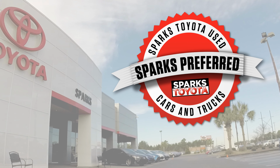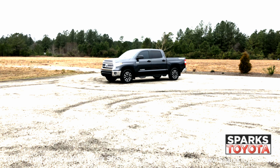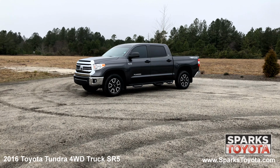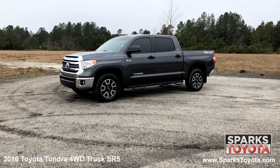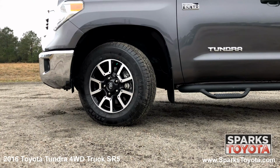Welcome to Sparks Toyota. Here we have a 2016 Toyota Tundra 4-wheel drive SR5. It has a clean one-owner Carfax and comes with power heated mirrors, step rails, deep tinted glass, splash guards, and much more. 18-inch styled steel wheels, all-season tires, 2 recovery hooks, a chrome grille, daytime running lights, fog lights, and